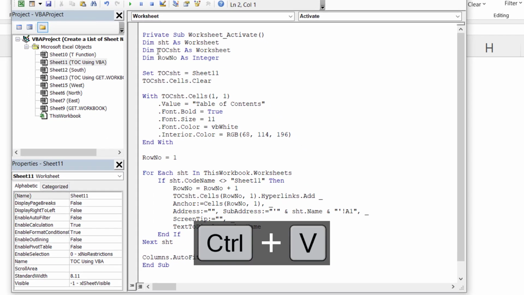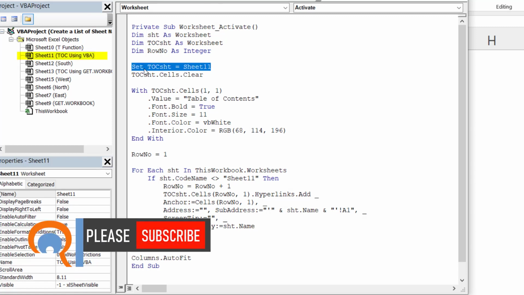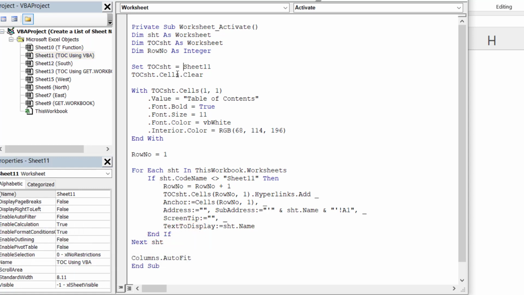Now, this code is pretty much ready to go, apart from two things. So I'm just going to take you through those things that you need to change. The first thing you need to change is in this line here, where it refers to Sheet11. Sheet11 is the sheet that I'm going to store the table of contents in. And I'm referring to it as Sheet11 because that's the code name for the sheet. That never changes. If you change the position of the sheet or you change the name of the sheet, Sheet11 remains unchanged. So you need to change that to the sheet code name that you want to store your